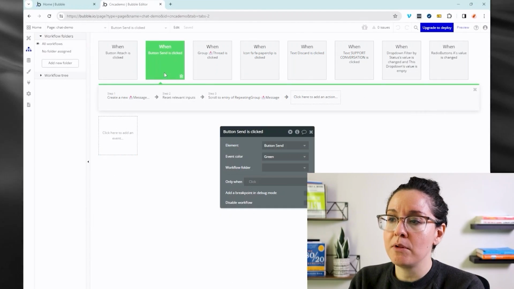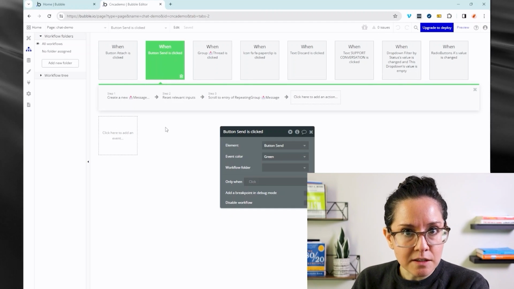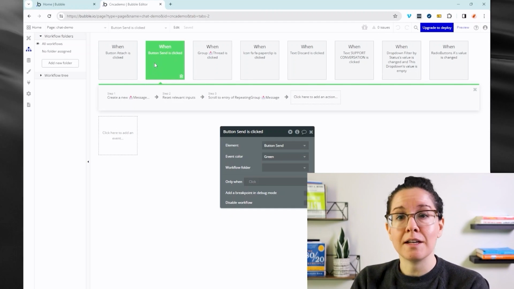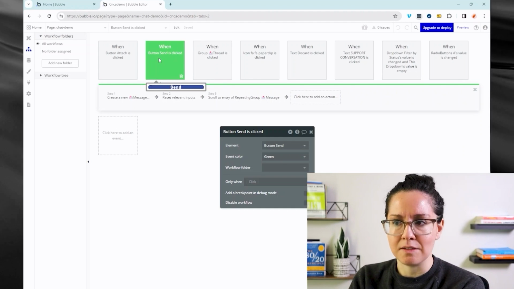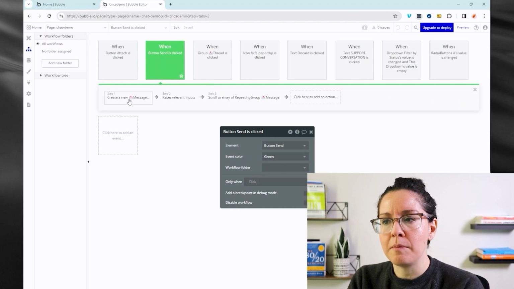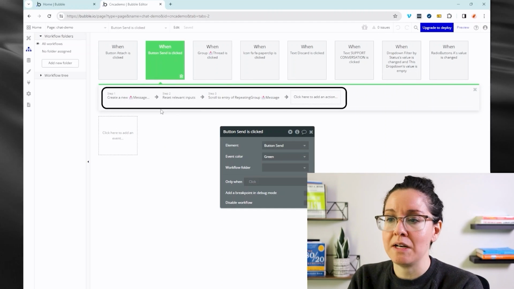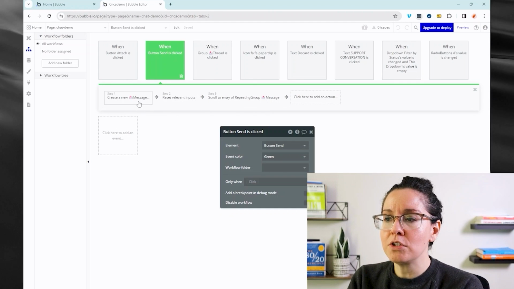So here's an example of a workflow. Workflows are made up of two parts. You have your event and your action. The event is like the trigger. So for example, I have clicked on the send button. This is to send my message. And when that button is clicked, we're going to tell Bubble to run a series of actions. You can have it do one action, you can have it do multiples, and they're going to follow the order